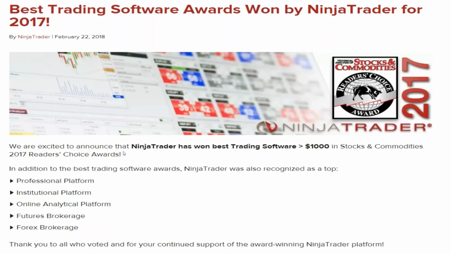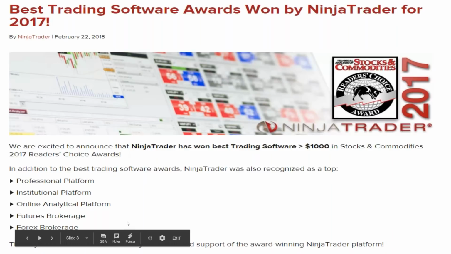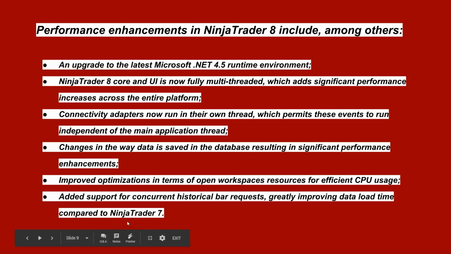So I'm very, very, very happy that I found the NinjaTrader platform and Bloodhound. It was a perfect combination for me, and I could not be happier. And especially about the NinjaTrader 8 enhancements that are coming up. We are going to be able to get a fully multi-threaded platform, which is going to provide significant performance increase across the platform. So we're going to have multiple workspaces up. I can put my strategies running on multiple markets for the first time that really Ninja 7 wasn't able to